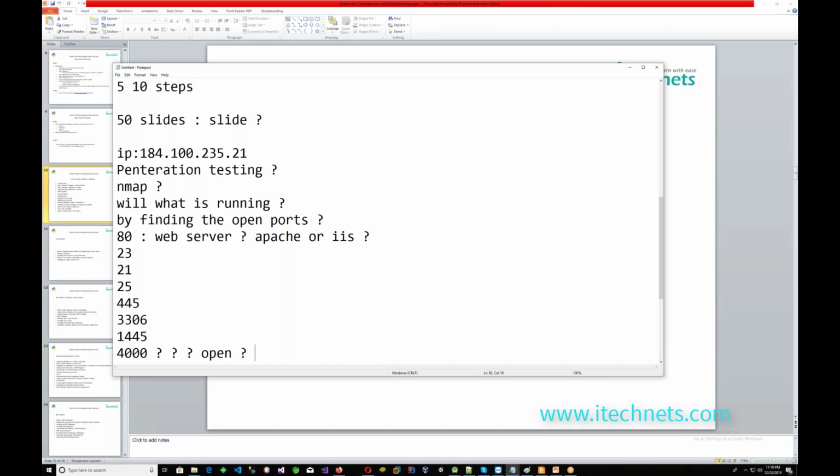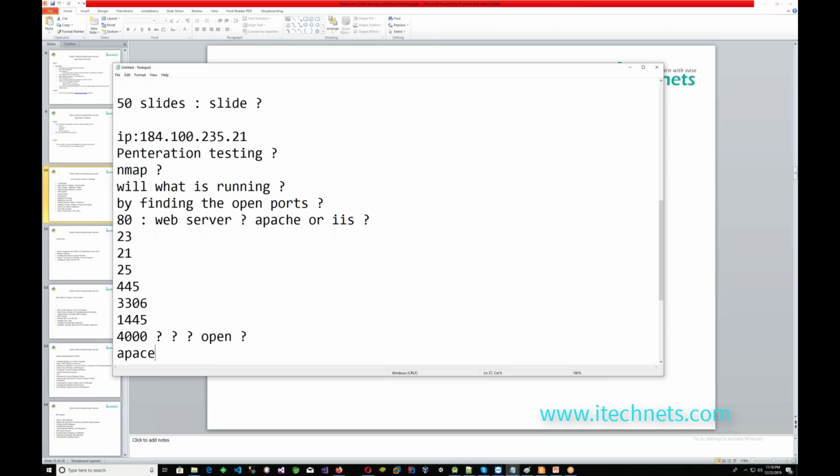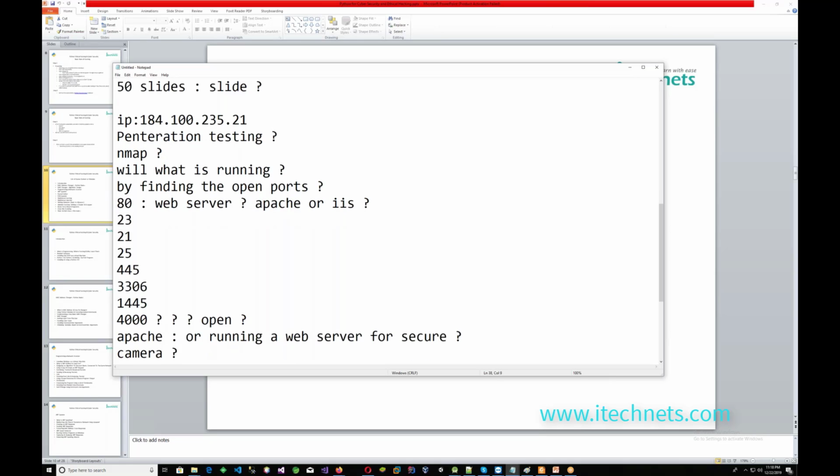So when you don't know what the open port is, there might be a possibility that some person opened up an Apache server or is running a web server for security reasons, or it might be a camera. Everybody agree?